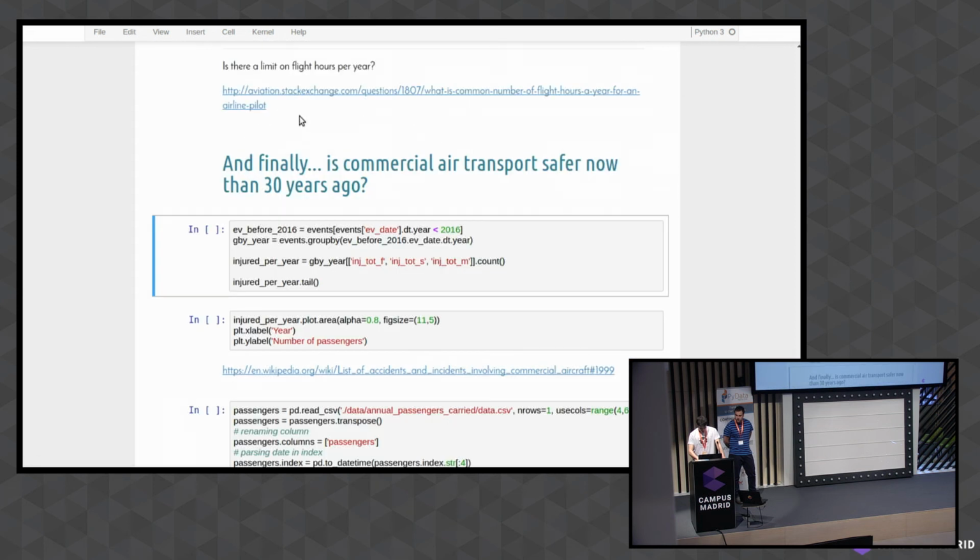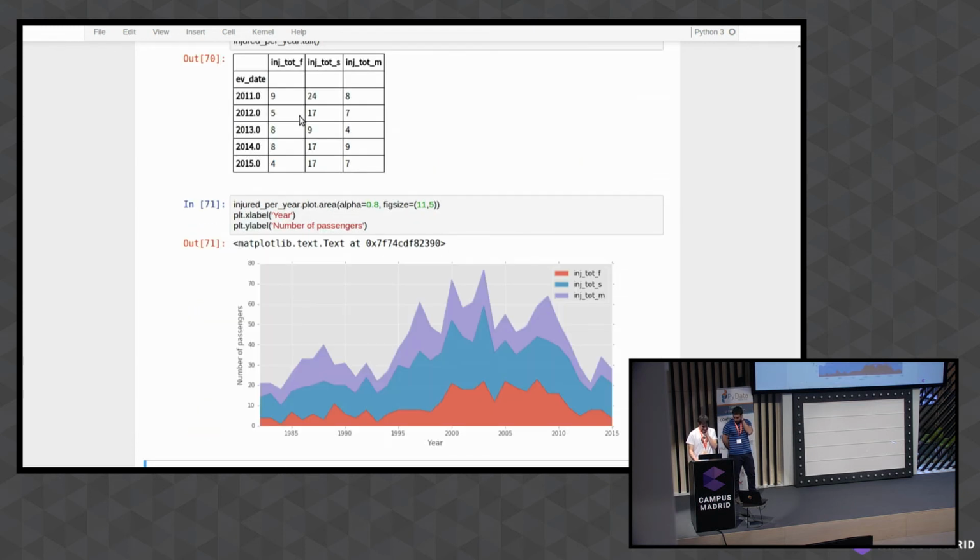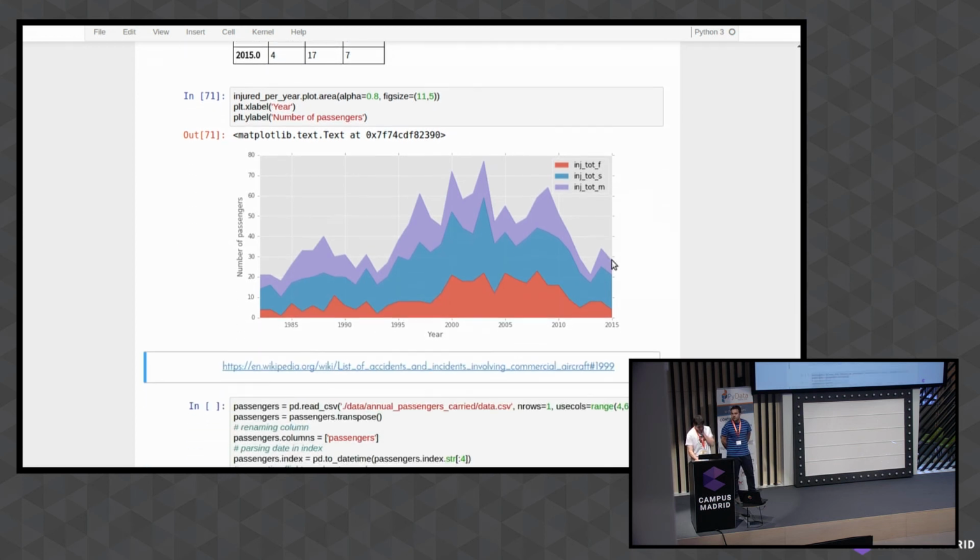So, finally, is commercial air transport safer now than 30 years ago? We hope to say yes. This is the graph. Here we are seeing the number of passengers. This is the number of fatalities in red. We see that there's a peak here and then it descends. But again, we have to non-dimensionalize this data. We need to know that